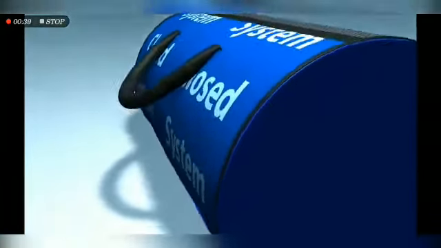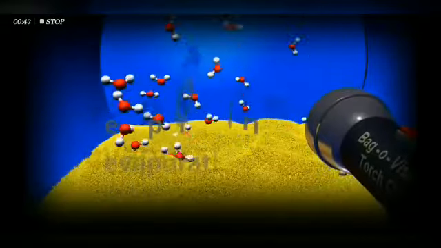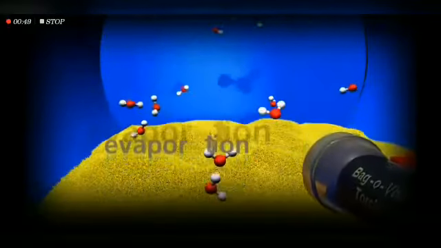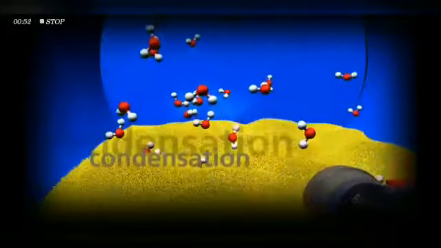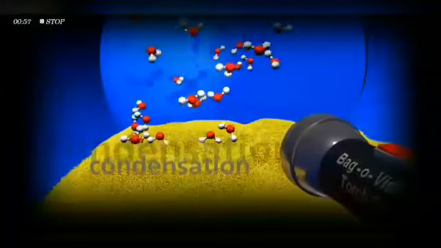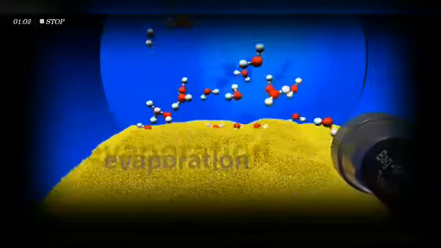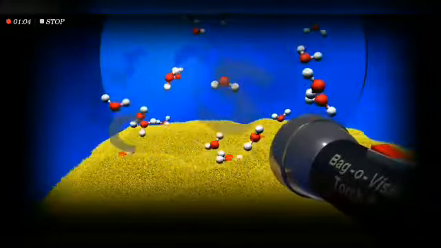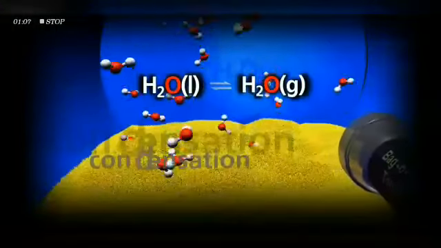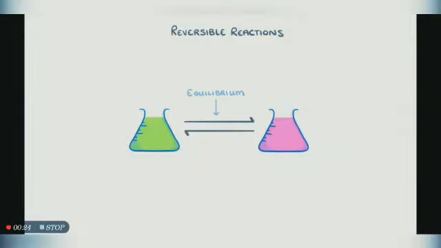Now consider the same reaction in a closed container. Now in this system, the liquid form of water is converted into the gas form, but as the system is closed, the gas form of water will convert back into the liquid form, and the process is now called condensation, not evaporation. And such type of reaction is called a reversible reaction, and dynamic equilibrium can be achieved in such reactions in a closed container. So the equilibrium can be achieved in a reversible reaction.